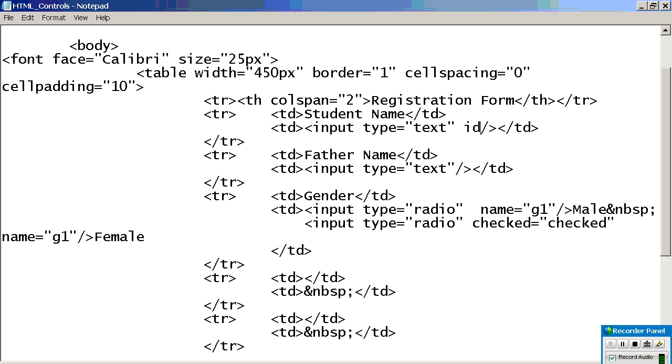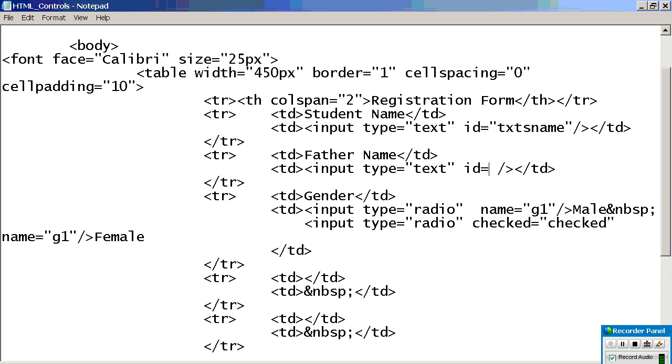Are you understanding? Input type equal to text, ID equal to... what can you do? Yes, name, student name, some shortcut. TXT stands for text box. Is it compulsory that you should give names like this only? No, it's for our better understanding. By saying this, we can say TXT is a text box, and the name is student name, like that.